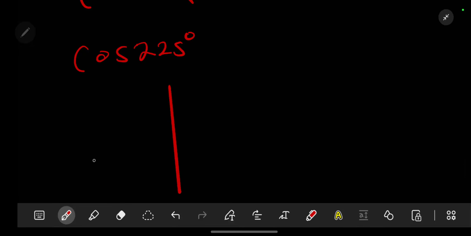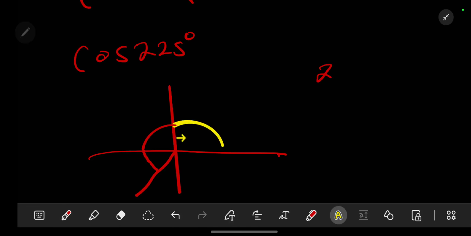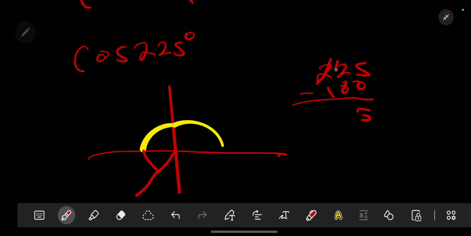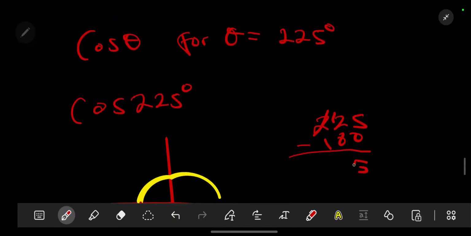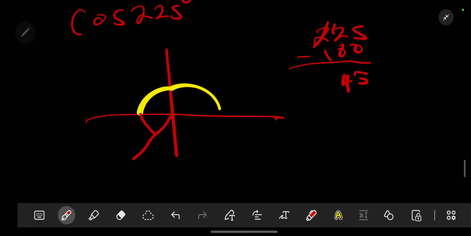So we are going to have something like this, knowing that we are going to move. So this is 90, 180. From 180 to find 225, we are going to move a bit like this. So if here to here is 180, we are going to say 225 minus 180. 5 minus 0 is 5. 12 minus 8 is 4. So we are going to have 45 already. So that means to say this angle